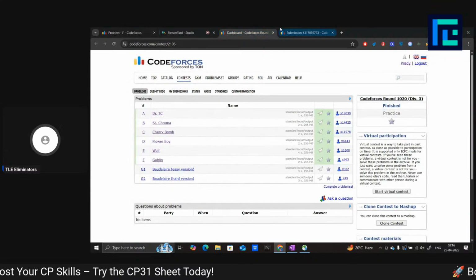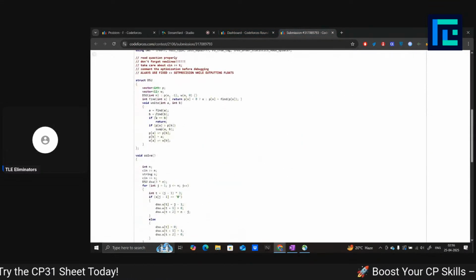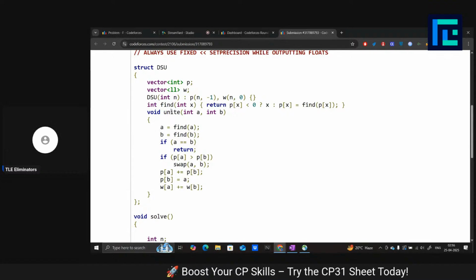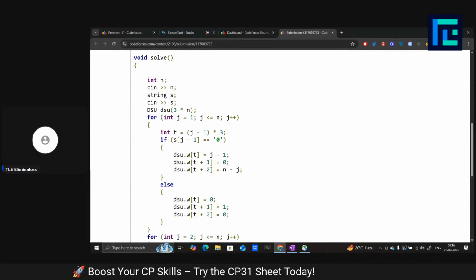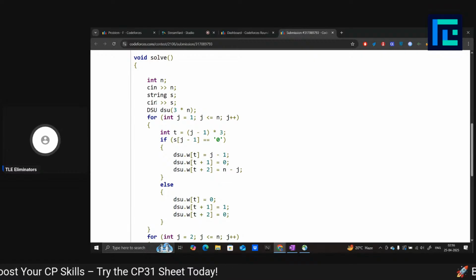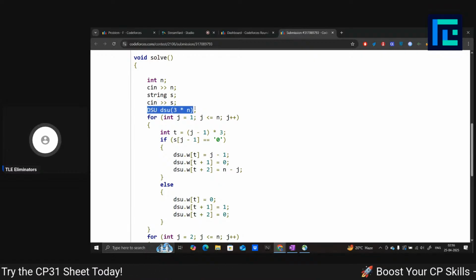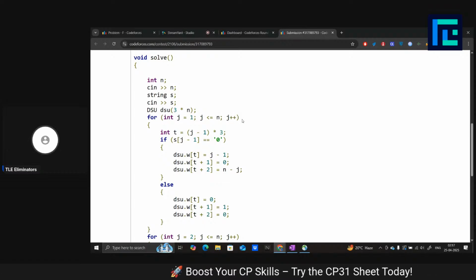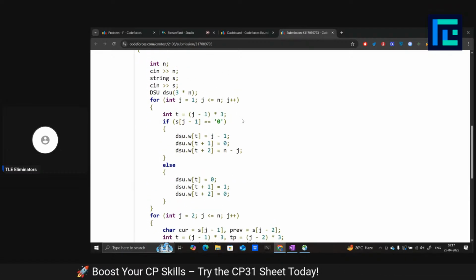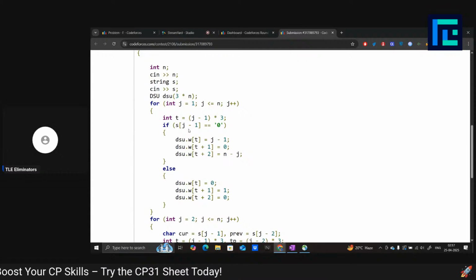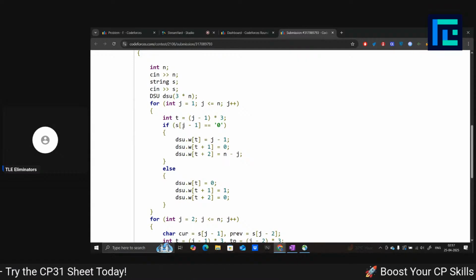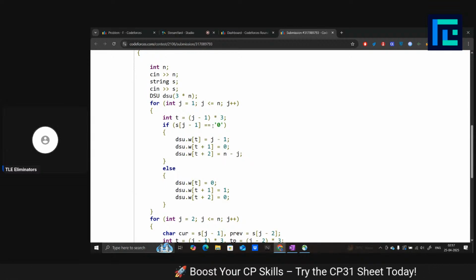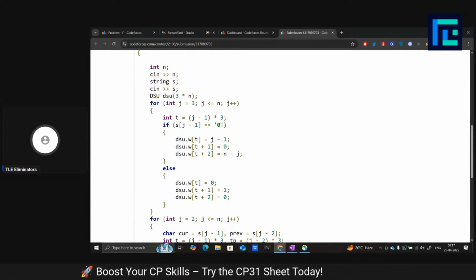Okay, so here is the code. I have this DSU struct which has find and unite. I have int n, string s, and I make a DSU of 3n size. Then I have int j equal to 1, j less than or equal to n, j plus plus. What I'm doing here is initializing the DSU. If s of j minus 1 is equal to 0, then